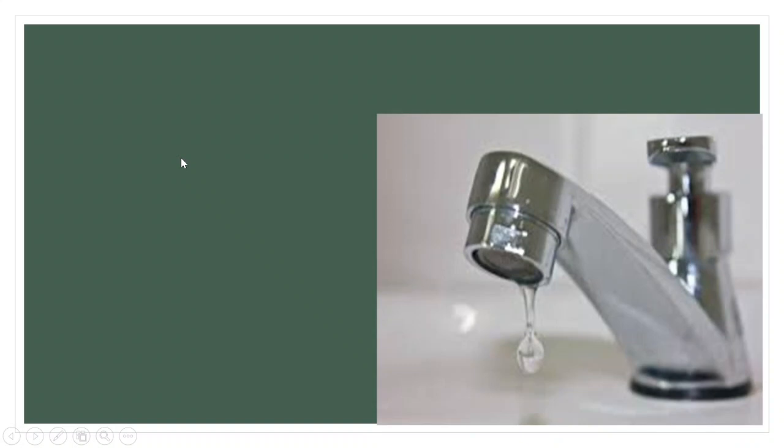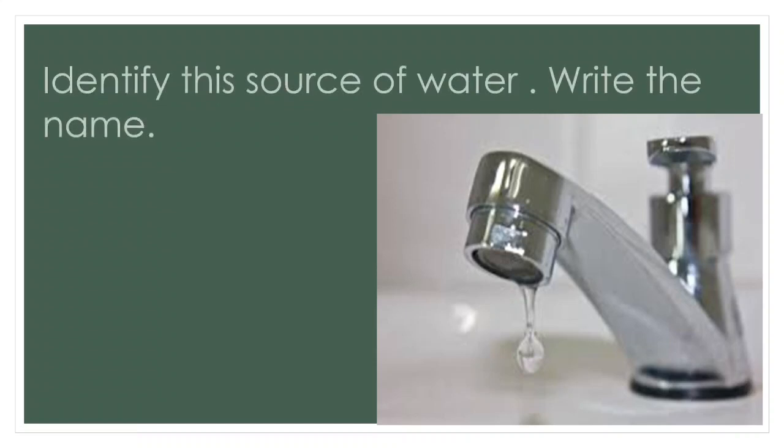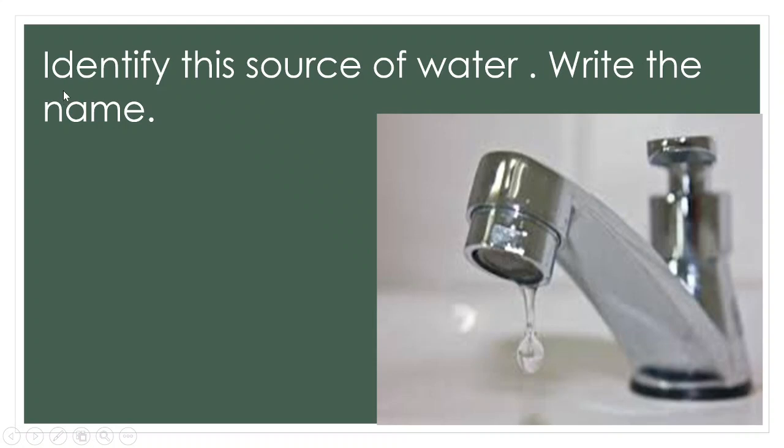Look at this picture. I think all of you are familiar with this thing. This is a tap. If I tell you to identify the source of water and write the name, I think you can write tap বা পানির কল। তাহলে এটা একটি পানির উৎস।